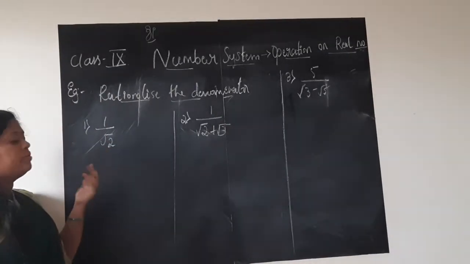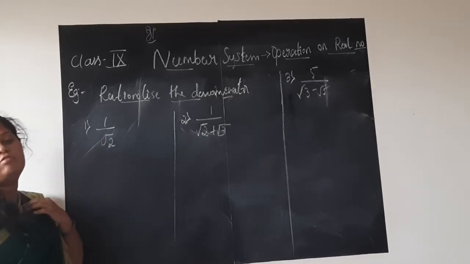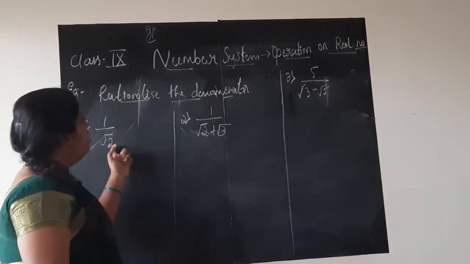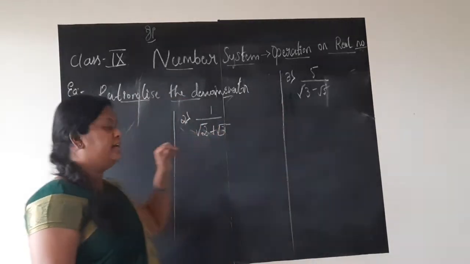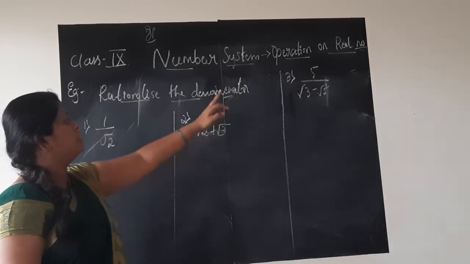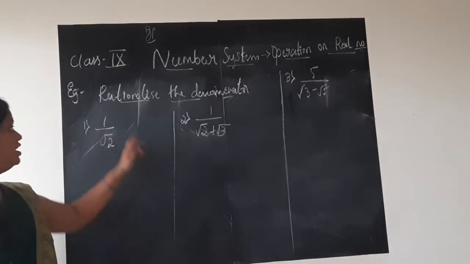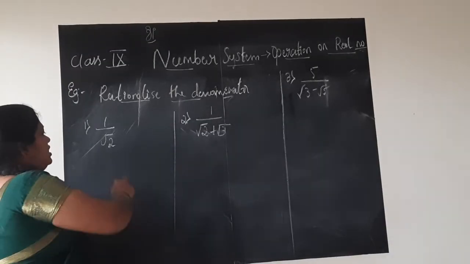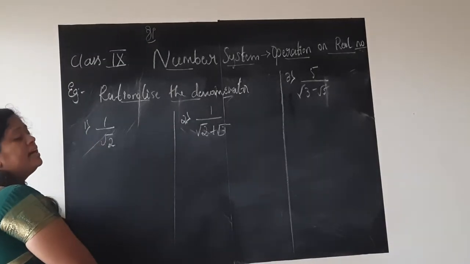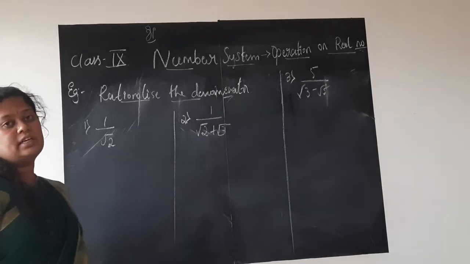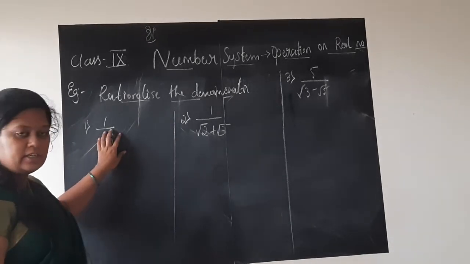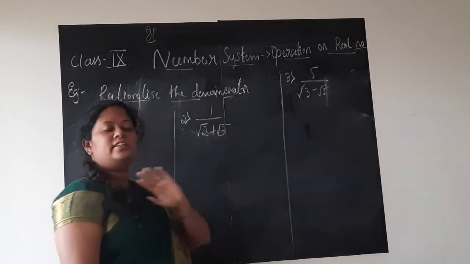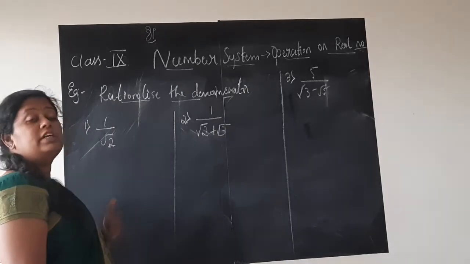In the question asked, obviously you should know that it will be in the form of a fraction. You will have both numerator and denominator. All the 3 exemplar problems I have written here are in the form of fractions. They are asking us to rationalize this denominator. How do you do it? See, 1 by square root 2. These are the only 3 possibilities of asking the question: either only one number in the denominator, or 2 numbers with a plus sign, or 2 numbers with a minus sign. Other than this, none of the types can be asked, children.